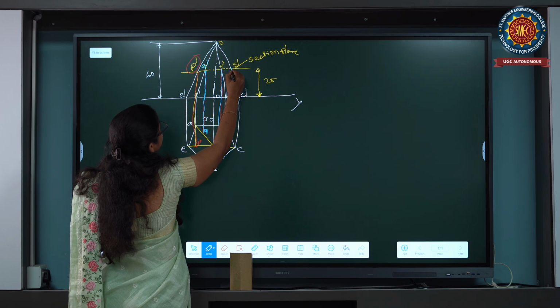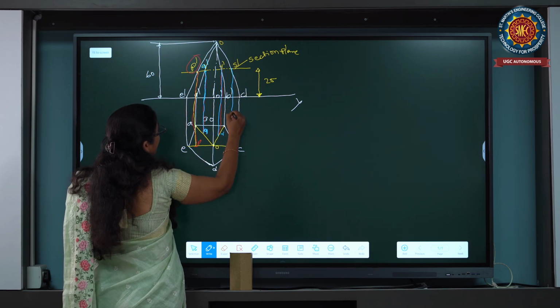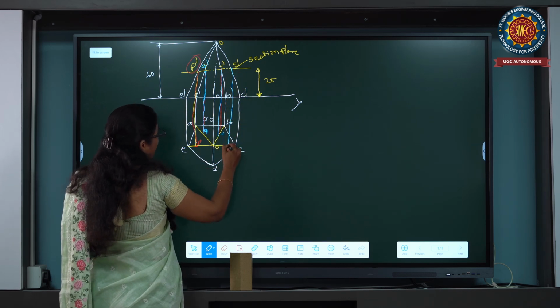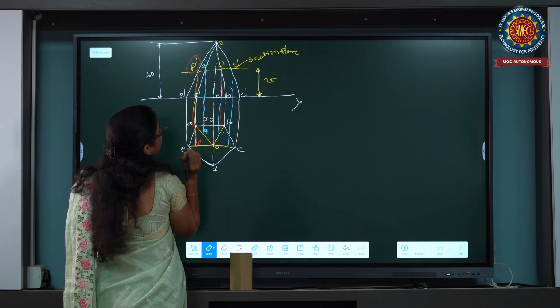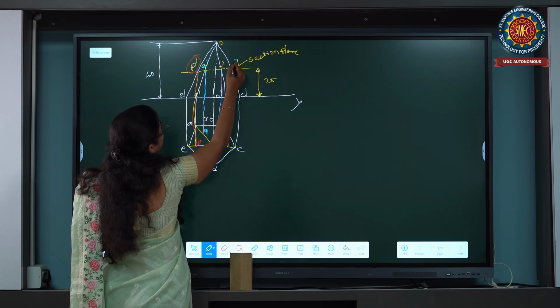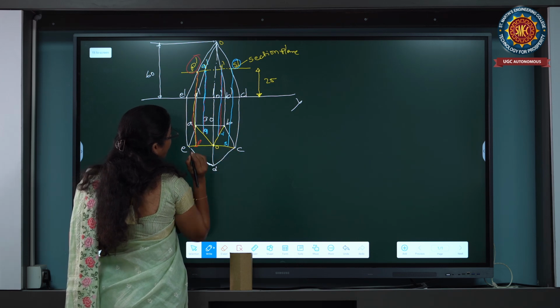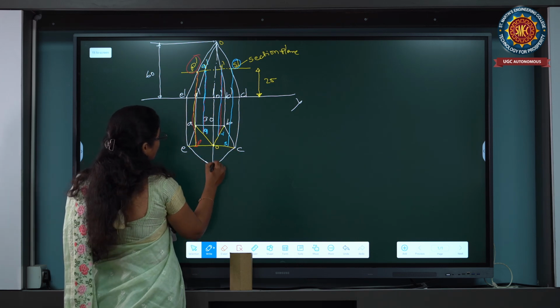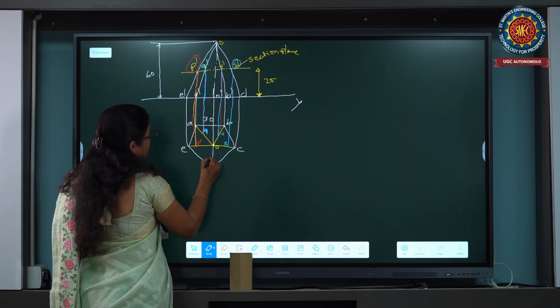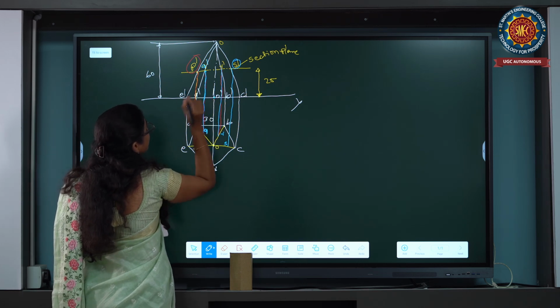From S, draw a perpendicular to the XY line and draw a line to meet the OC line. This OC line is cut at point S. So here we need to draw the right S point. But we don't know how much the OD distance is, because this is placed on the center.